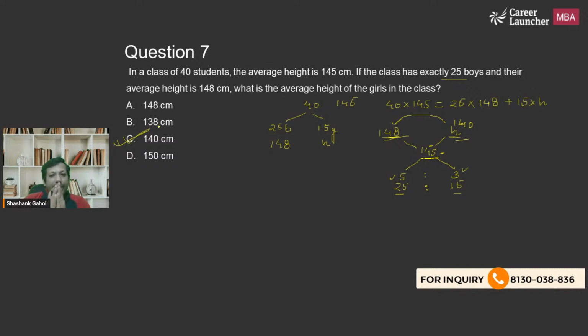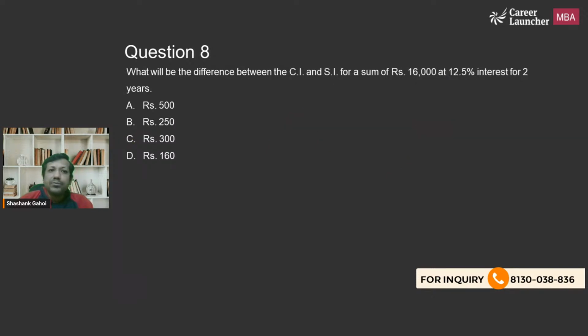That's how, if I'm going to solve this question in the exam, I am going to use this approach, because that is faster. Otherwise, if you are unable to understand how alligation will be used, where it will be applied, it doesn't matter, just use this approach. It might be a little lengthier, but the answer will definitely come and come easily. There's no need to overthink in this question, the answer is given directly, right? So let's move to the next question.